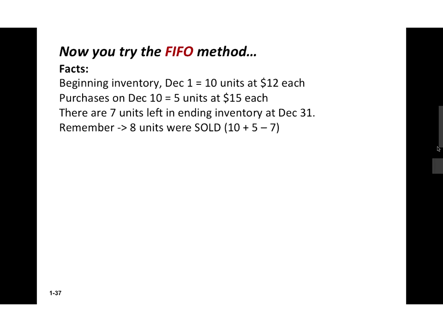5 units in purchases at $15 each is $75. So if I take 120 plus 75, that gives me $195. $195 is the total cost of goods available for sale. Okay? That doesn't change. That will be the same. If I ask you what is the total cost of goods available for sale under LIFO, you wouldn't even have